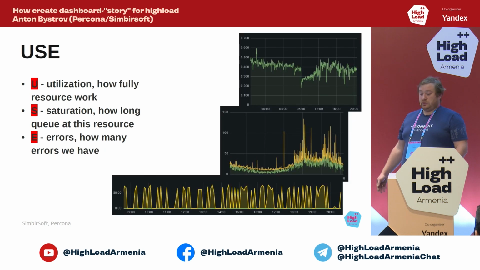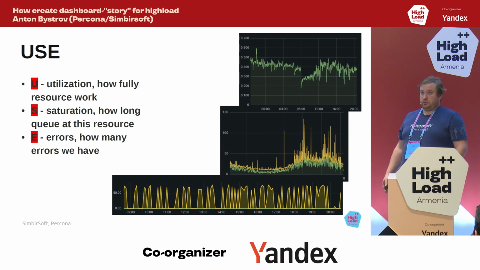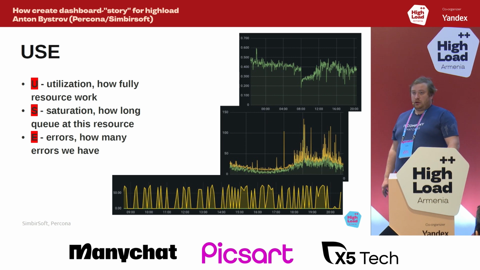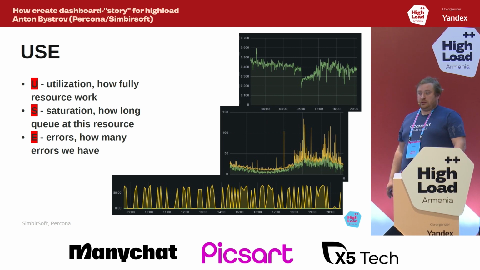And the last strategy is the USE strategy. U, utilization, how fully our resource is utilized. S, saturation, how much extra work our resources have queued. And E, errors, how many errors do we have in this system. When we tried to compile all these strategies,